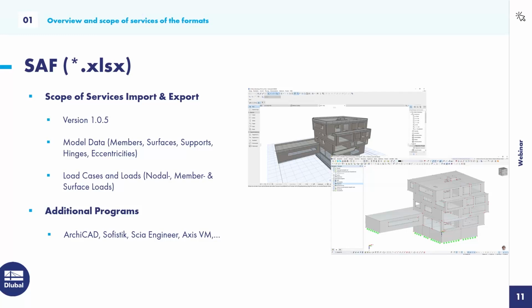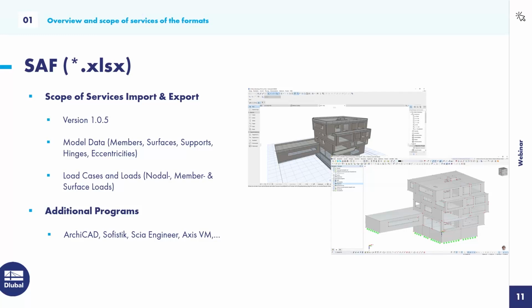The third use case that I see here is the data exchange between Allplan and RFEM 6. As far as I know, you can't directly export Allplan files into the SAF format. You need the, I forgot the name, Allplan BIM Plus extension for Allplan, or a license for BIM Plus. So you can